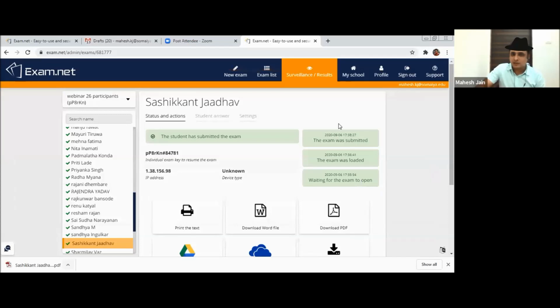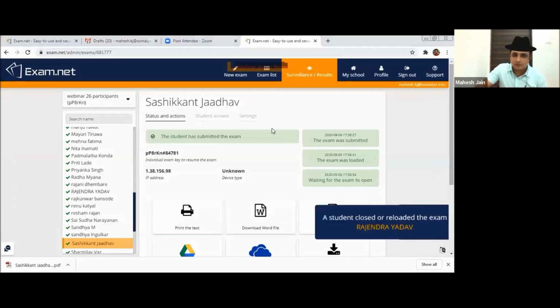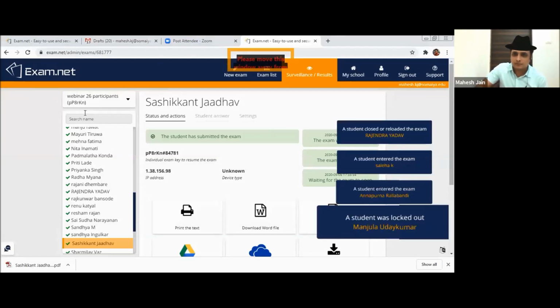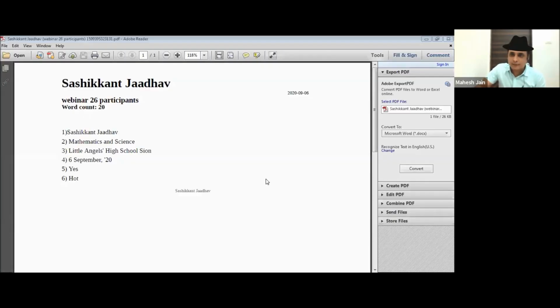So I'm going to just go to my browser. Hopefully I'll be able to go. Okay. I don't know what is visible to you people. Is the paper visible? Sashikant sir's paper? Can someone just respond? No. Okay. Great. So I'm going to show you. I've just downloaded the PDF. So now is it visible? Can someone just respond? Yes, thank you. So you can see the paper is visible now to you.